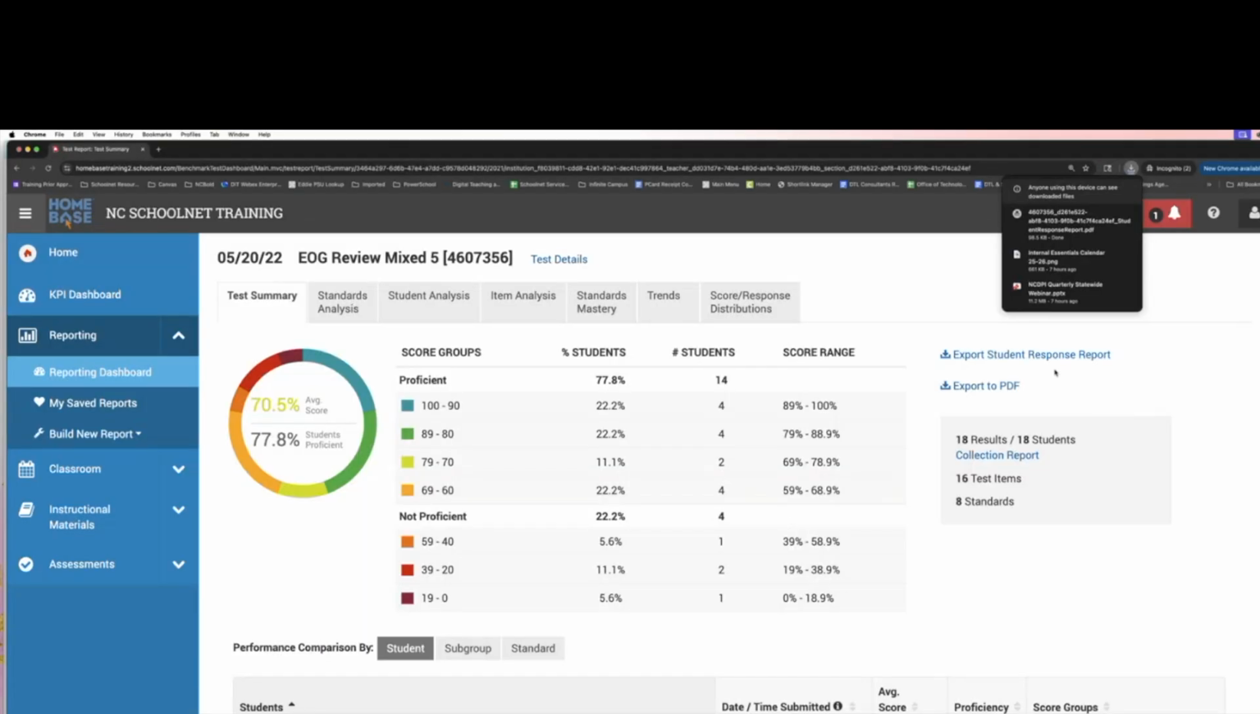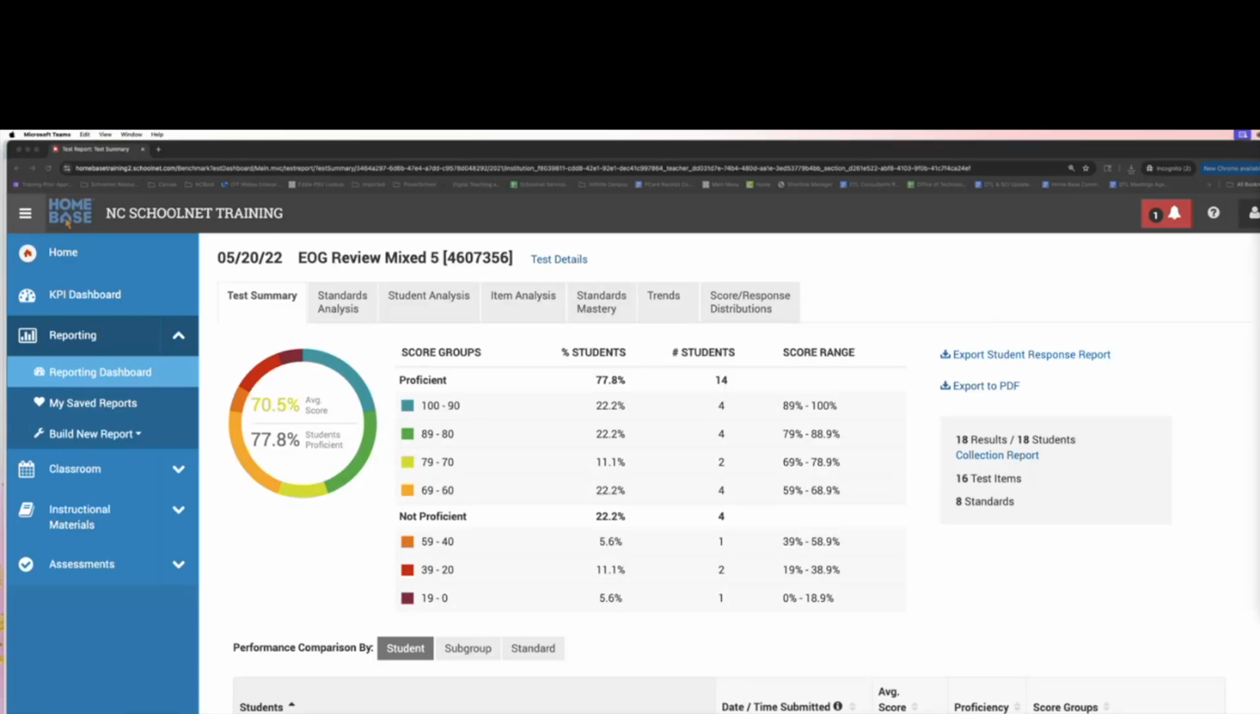There we go. Every report has an export option, but some of the reports are going to be an export to PDF, like this one. Others are going to be an export to PDF or Excel. So depending on the report, you would see both of those options, but every single report can be exported in one way or another. Let me let this user in real quick